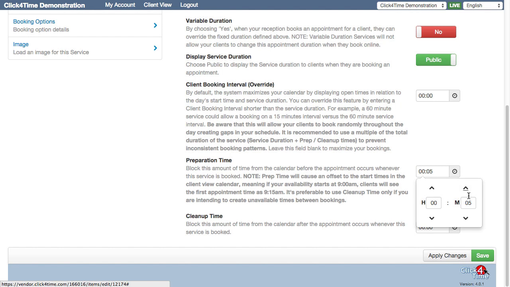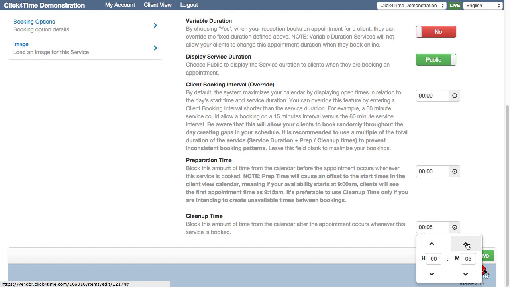For example, if this were set to 15 minutes, a client looking at a 60-minute service for a service provider who starts at 9 a.m. would see available times as 9:15, 10:30, 11:45. So you'd lose the first 15 minutes of each day with this setting. If there's a need for time between bookings, we recommend sticking to using the cleanup time. Only use prep time if you're sure it's required in order to satisfy some unique scheduling scenario.